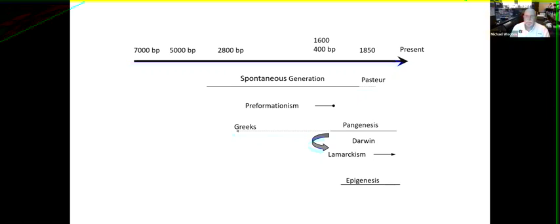Then Malpighi, who was another scientist, said, "Oh no, there's something in the egg. You're totally wrong. Everything's in the egg." Well, of course, they weren't looking at complete units. They were simply looking at the cell structure. And so that didn't last very long. Once we got better equipment, we could see that there weren't any little humans wandering around inside of egg or sperm. But what other ideas came along?